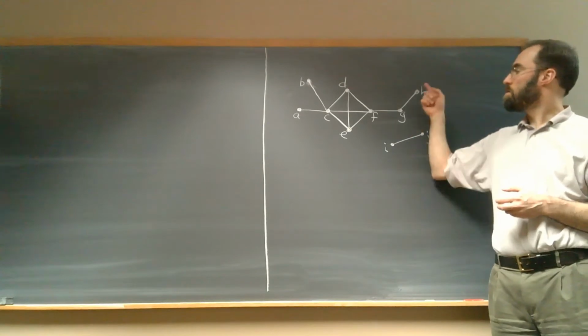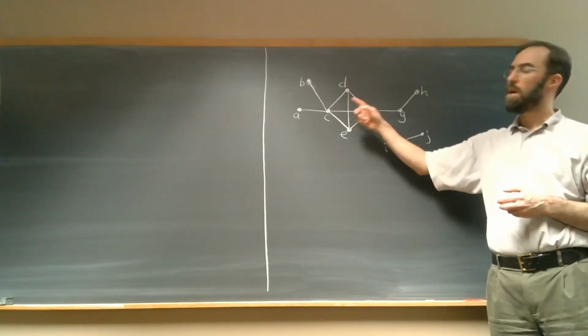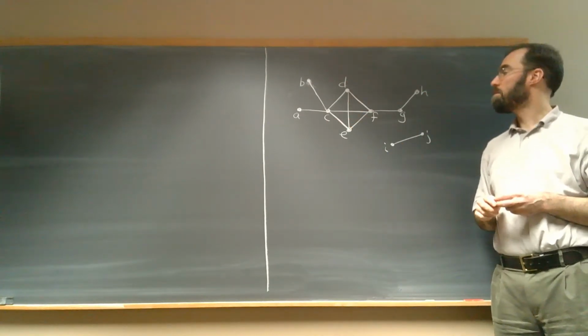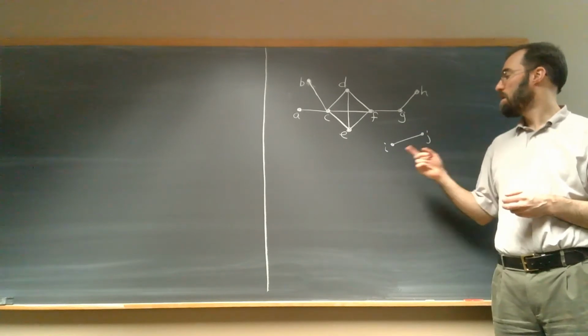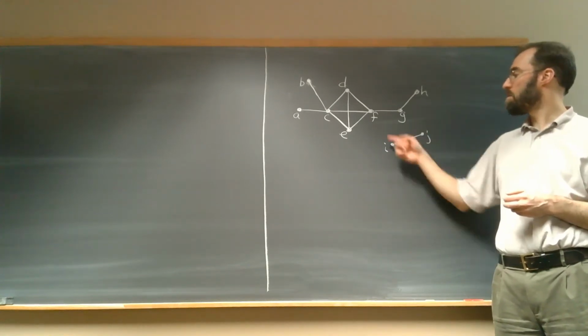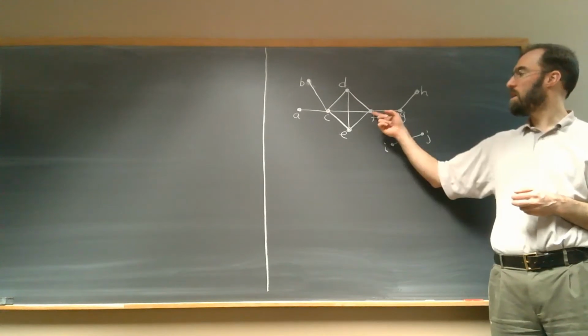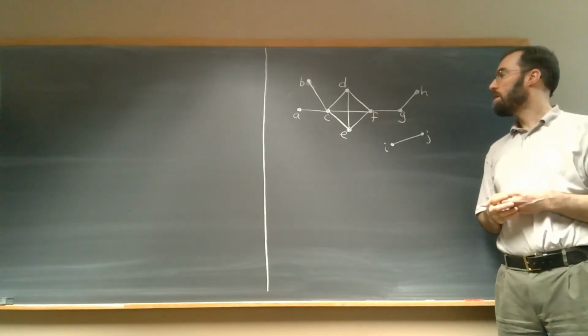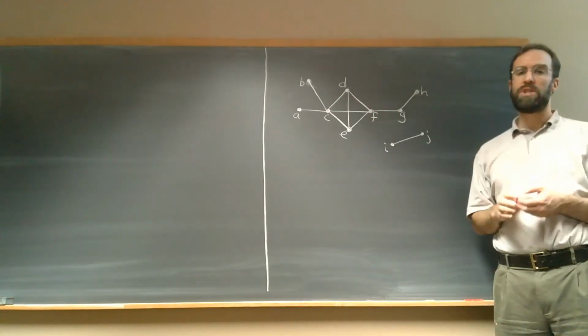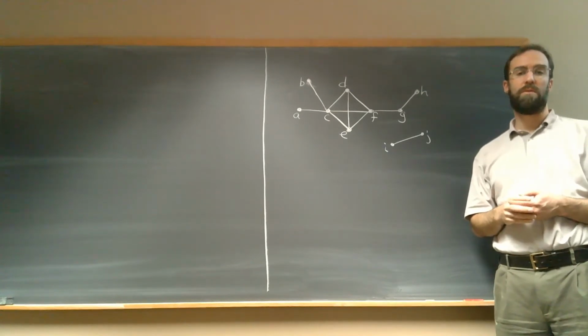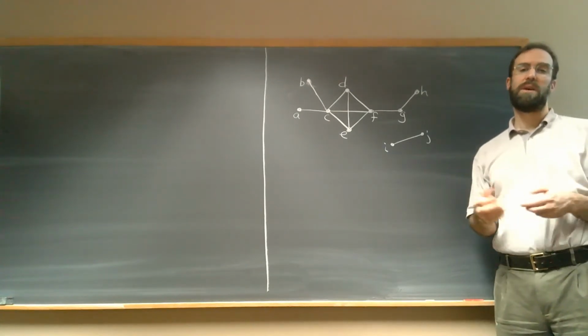And so for all of these vertices, there are different paths I can take to get between them. But there's no path, if this is part of the graph too, from I to F, for example. Okay? And pretty much anything that you can imagine modeling with a graph, the idea of paths is meaningful